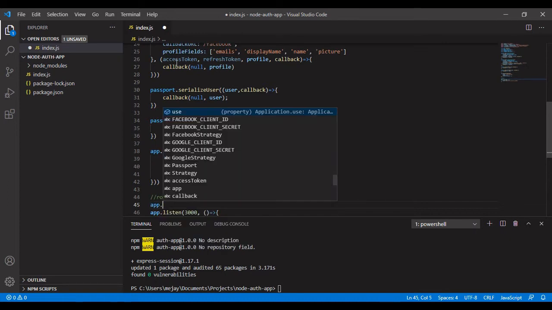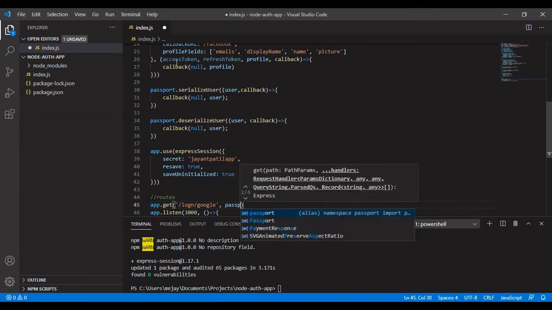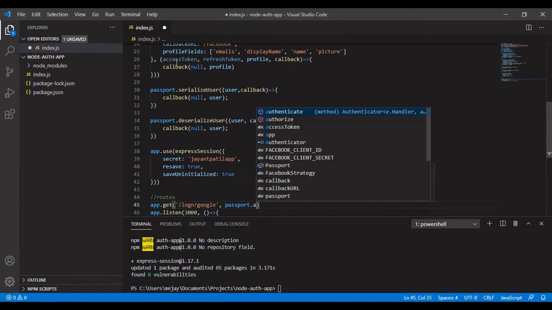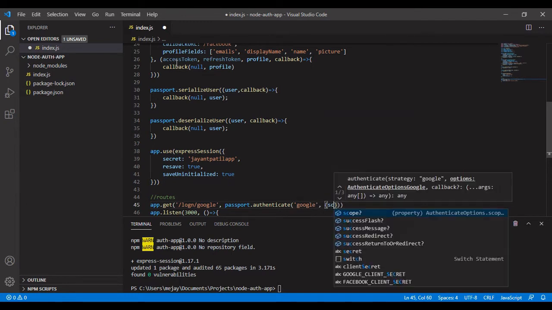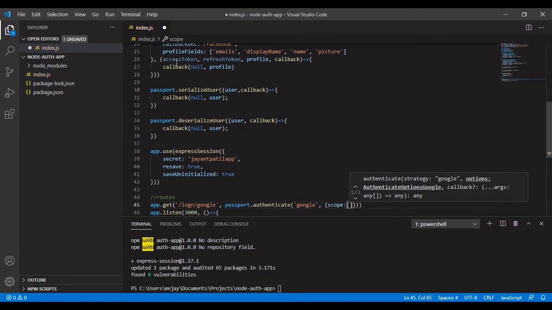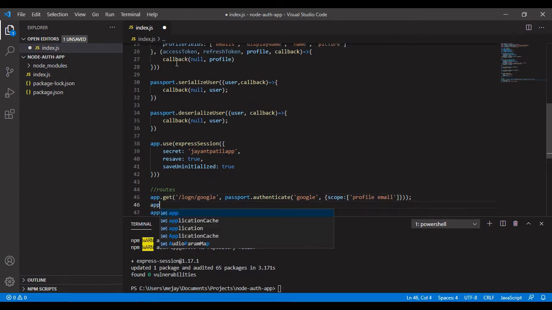After this one we have to define all the routes which we require here to call all login related APIs. So login /Google will be our API. After that as middleware we need to add passport.authenticate Google. We need to provide that as the first parameter. The second parameter will be an object which will hold the scope, which tells the application to fetch this data from the user account.